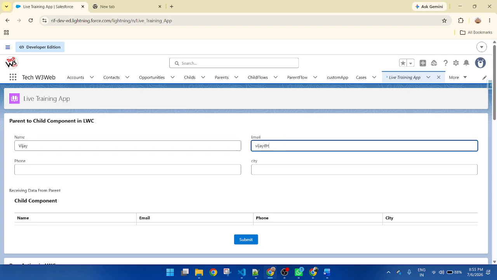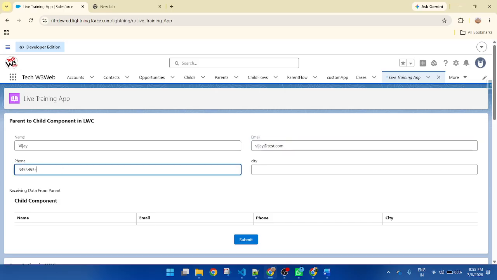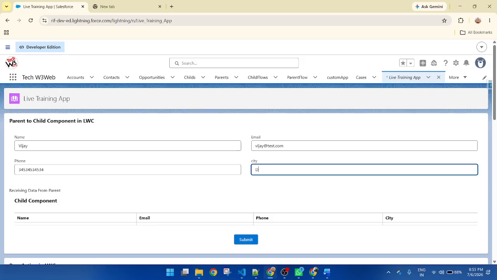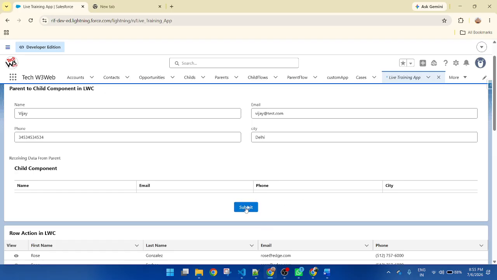Vijay at test.com, phone, I am putting any random number, then city, Delhi. Now click on the button. When I click on the button, this input value will display inside the table.